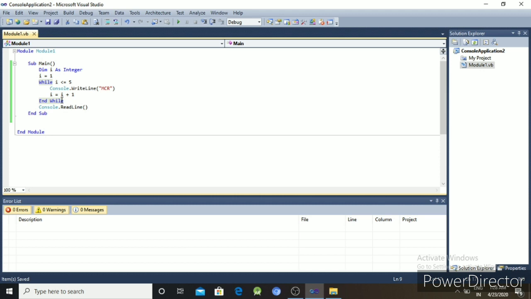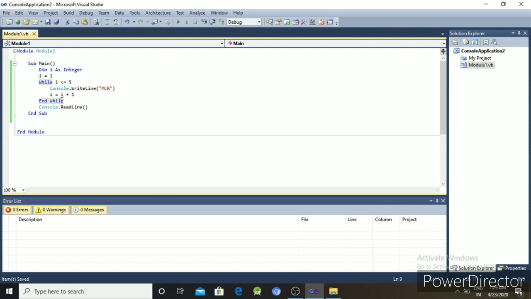So I is the initialized variable, and for the while condition you write while I less than or equal to 5. The while loop terminates with End While. I will write Console.WriteLine MCR and the increment, I equal to I plus 1.